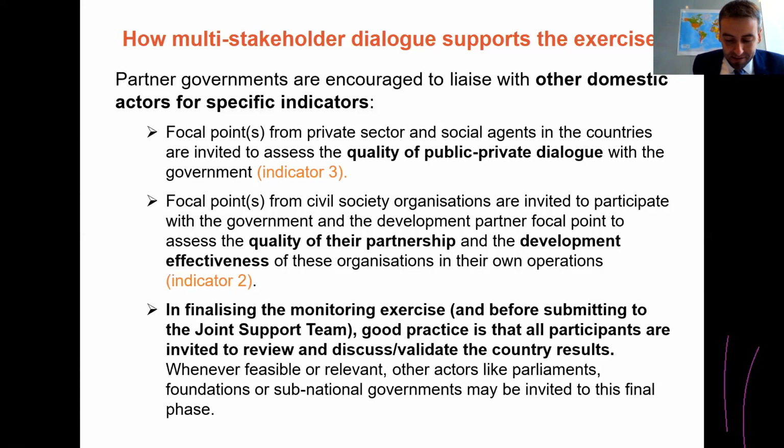The network that is supporting the global partnership from civil society has actually been training 45 focal points in 45 different countries that they are going to be available, and they understand the methodology, they understand that it has to come to a constructive conversation with the government, try to improve things. So that information, those contact details will be available in case you consider them as possible focal points for this conversation on indicator 2.